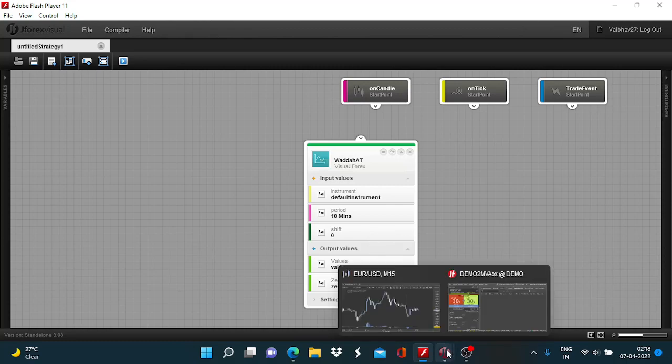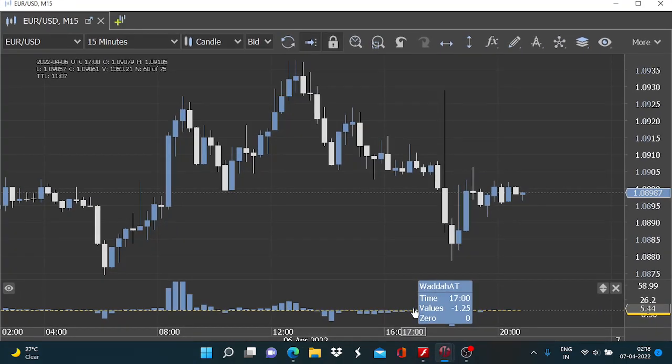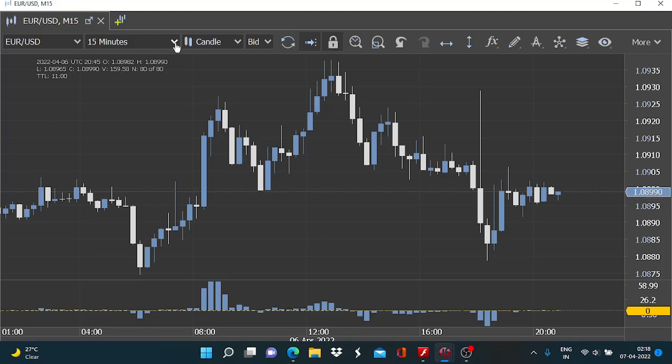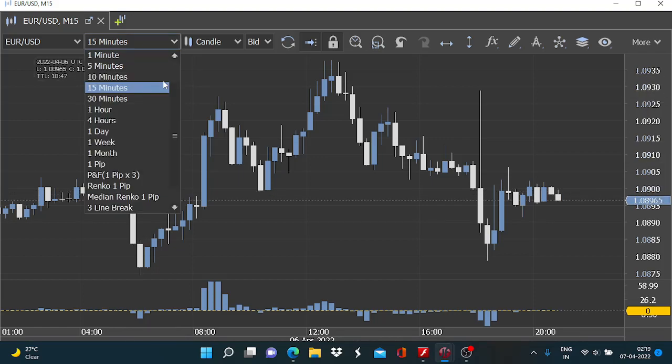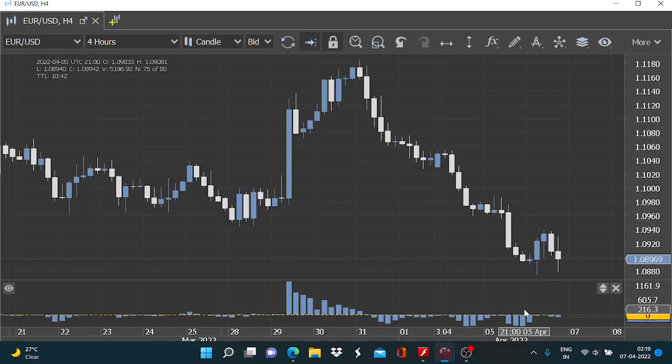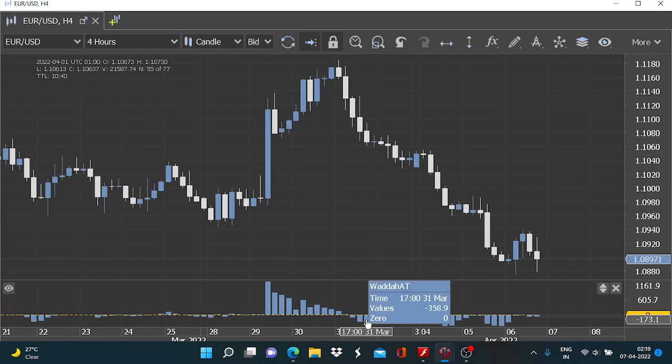Okay, so first let me give you the idea of what the logic is when we will be looking for initiating the buy or the sell trade. So we will be using multiple time frames. The entry points will be determined after considering the price action on the lower time frame of 15 minutes, but along with that, we will also consider what the trend is on the larger time frame of 4 hours. So for that, we will consider the formation on the 4 hours and the output values of the Waddah 80